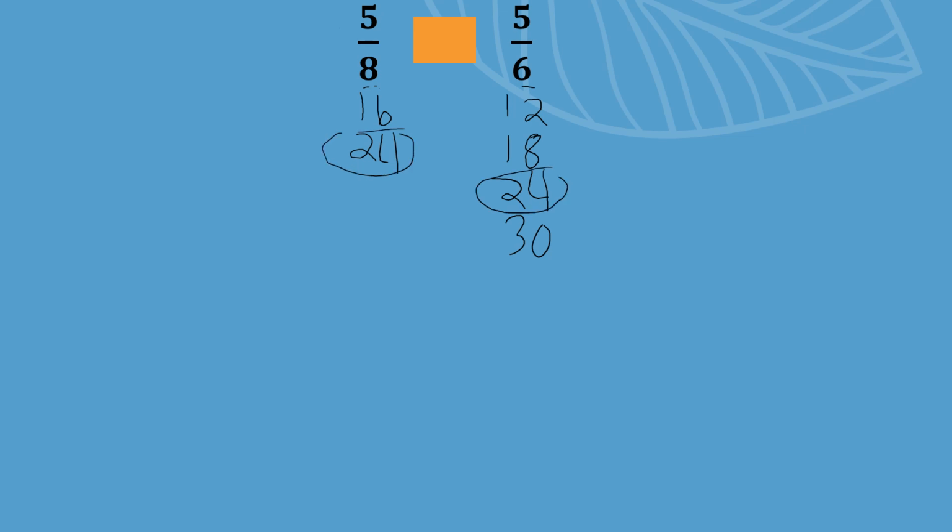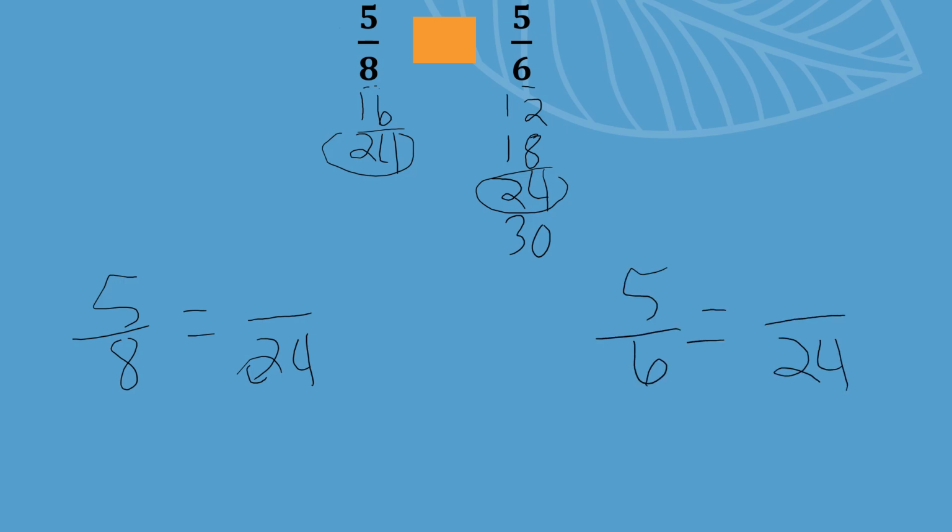Okay, so 5/8's new denominator will be 24, and 5/6's new denominator will be 24. Now let's see how we can get there. 8 times something equals 24. Again, if you're not sure, look up at your list, and it took us 3 numbers to get there. So 8 times 3, what I do at the bottom, I do at the top. So 5 times 3,